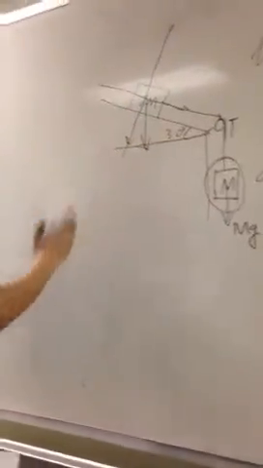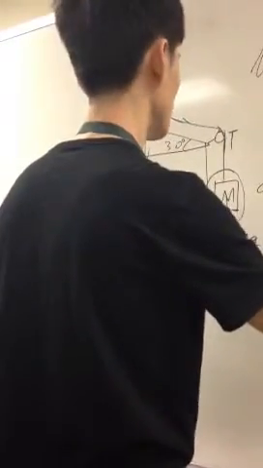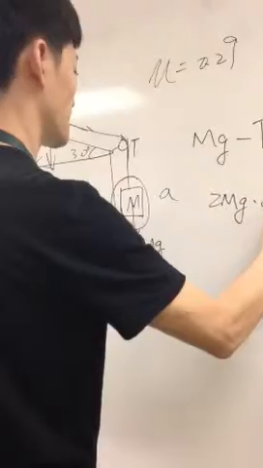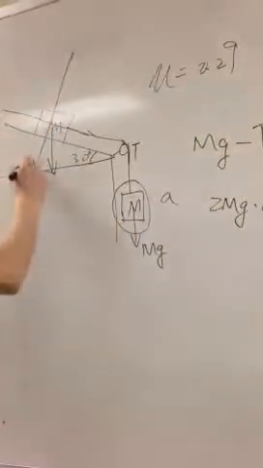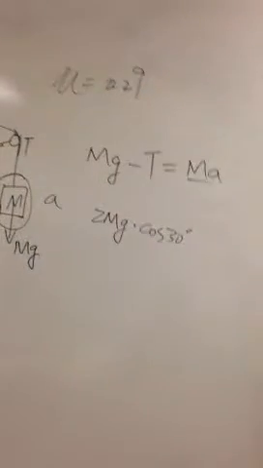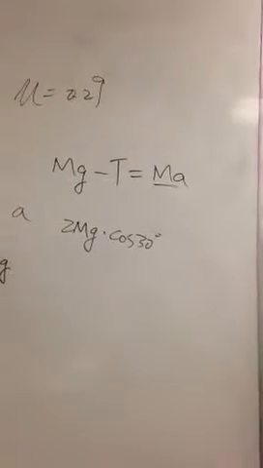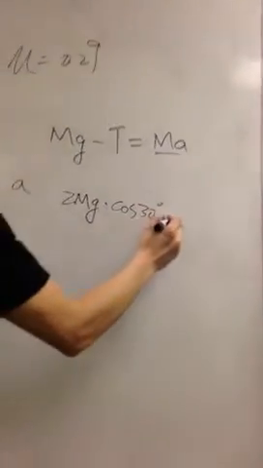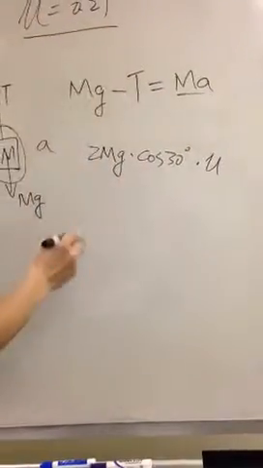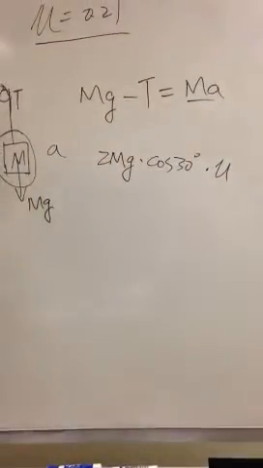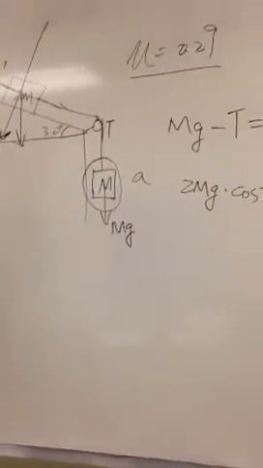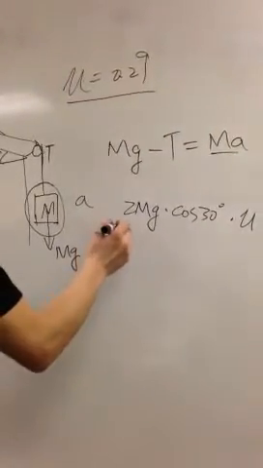Y, it has, toward the surface, 2 mg cosine 30 degrees. That's the force, which gives the object friction with the surface times the coefficient here. That will be the friction along the axis. Okay. And then